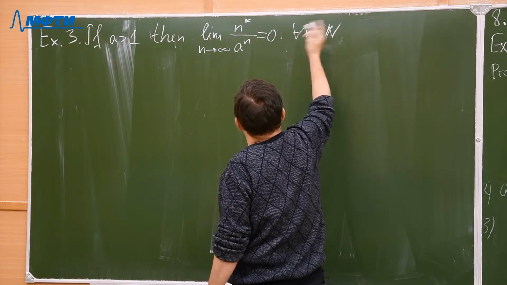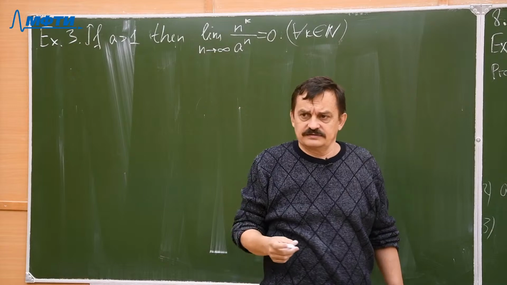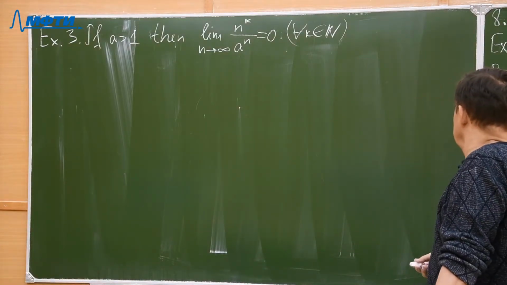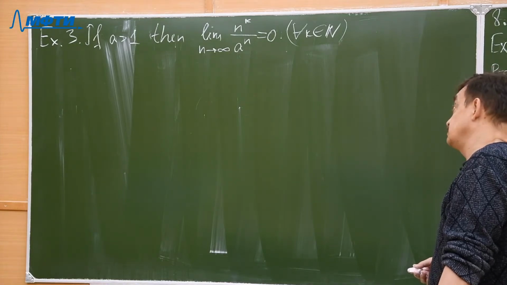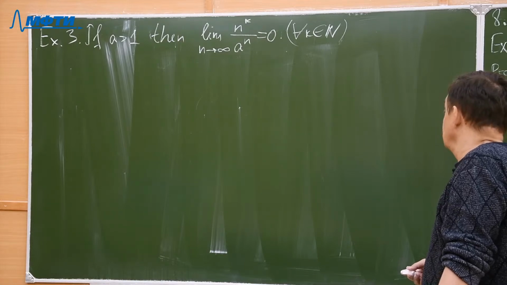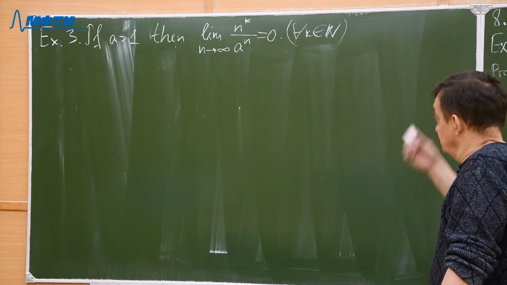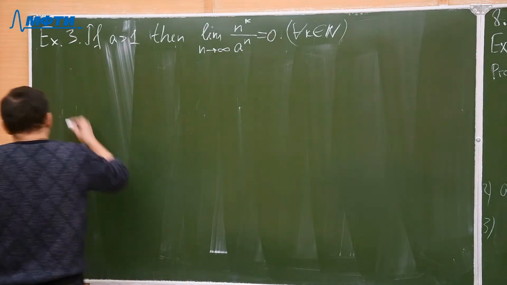In fact, here we may put also reals, but we don't know real powers yet. We can put also rationals or integers, no problem, but in fact, you will see it's sufficient to prove just for one